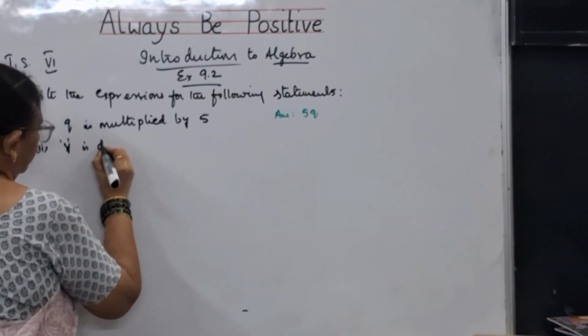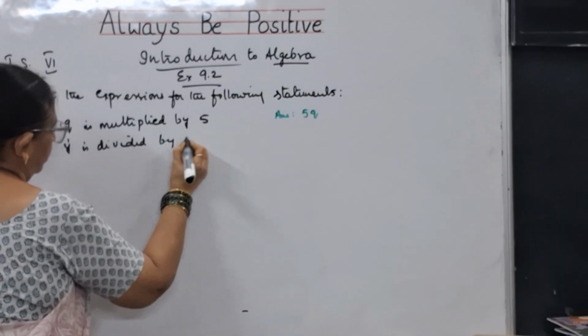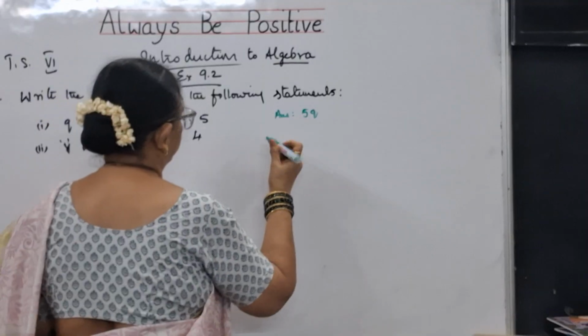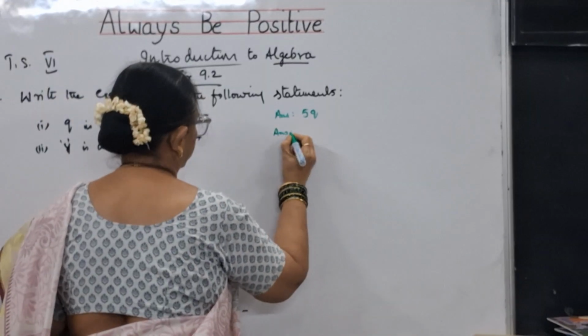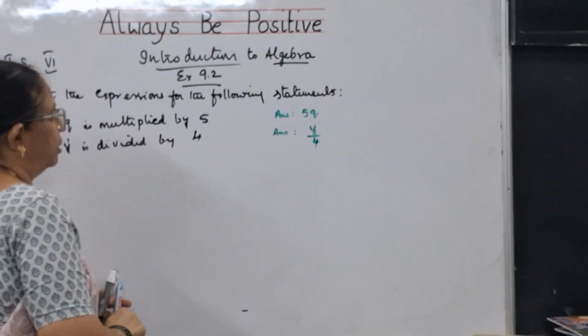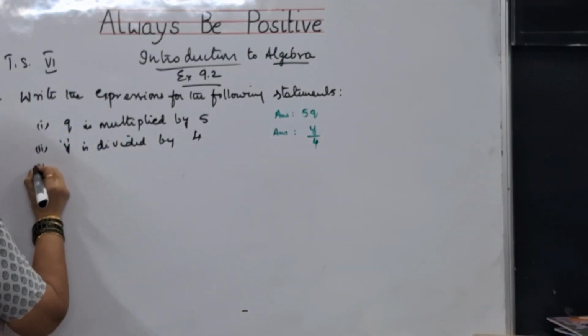Y is divided by 4. So the answer for it is Y by 4. Next, third one,